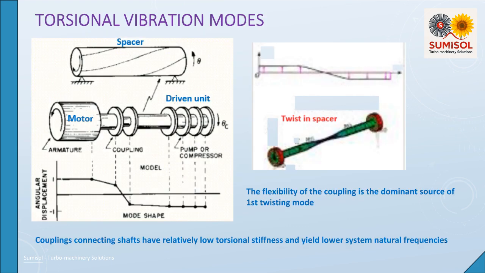Torsional vibration mode shapes represent the relative angular displacement, twisting, along a shaft system at specific natural frequencies, showing where the shaft rotates most, antinodes, and where it remains stationary, nodes. They are critical for identifying resonant conditions, with the first mode showing the lowest frequency and typically the highest amplitude,